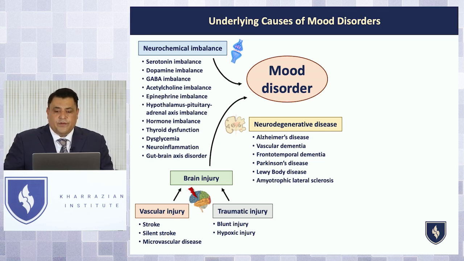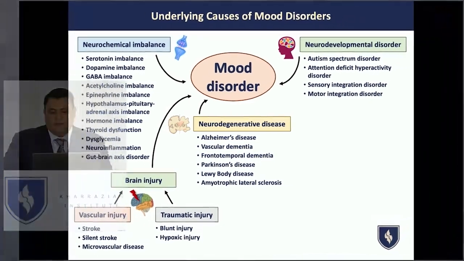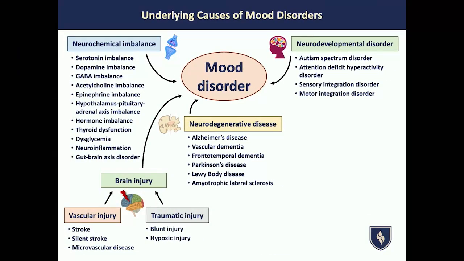Anytime you see anyone that's older, in their 60s, and they're having other types of symptoms, you've got to make sure that they don't have early neurodegenerative changes that are taking place. Childhood neurodevelopmental disorders always have mood disorders as a part of it. So you should expect to see them in all children with neurodevelopmental disorders, because these limbic regions do get impacted with these delays. But, children that have autism become adults that have autism, and children that have ADHD become adults with ADHD. So you have to see if there's some component to lack of neurodevelopmental tracks.